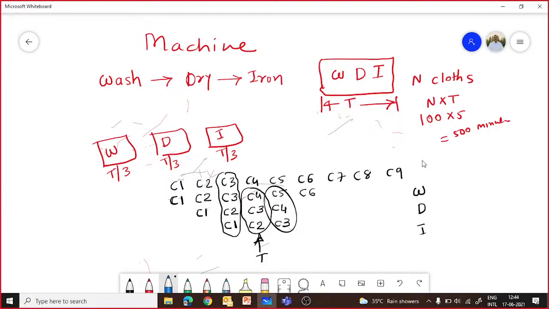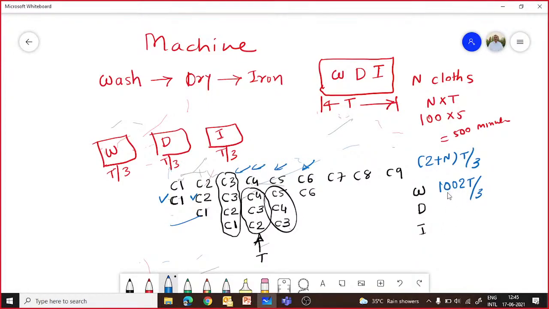More efficiency, mathematically you can represent in this case as (2 plus N) into T by 3. Why 2 plus N? Because initially only this C1 you will be able to process. Then in this cycle only C1 and C2 you will be able to process. But then after the third cycle, now your pipeline is full, and now in every cycle you are able to process 3 cloths. So that advantage you are getting after 2 cycles. So that's why this plus 2. But if this N is very large, let's say you have 1,000 cloths, right? Then it will be 1002 divided by 3.